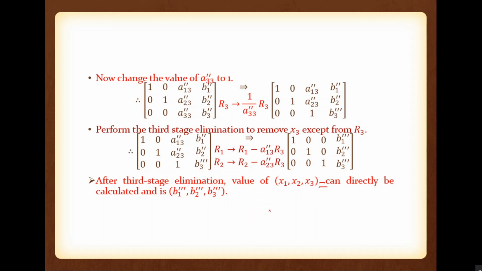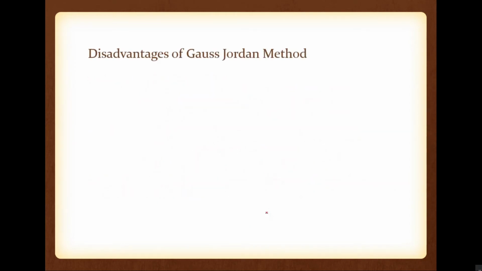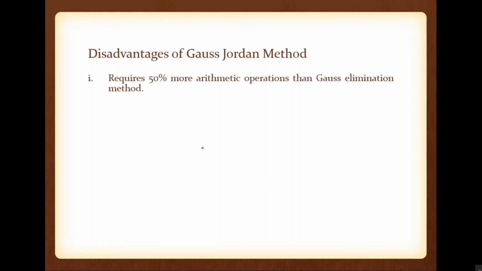Okay. But the disadvantage is number of computation, number of steps are more here. Okay. Advantage is there is no need of back substitution. So if you are asked to find the inverse of a matrix, it is very simple compared to Gaussian elimination method. This is very simple if you are asked to find the inverse. By using Gaussian elimination method also, we can calculate inverse, but some sort of manual error will be there. But the disadvantage is it requires something around 50% more arithmetic operations than Gaussian elimination method.